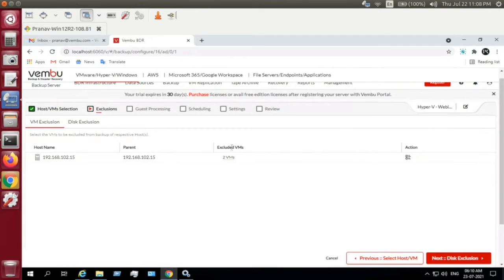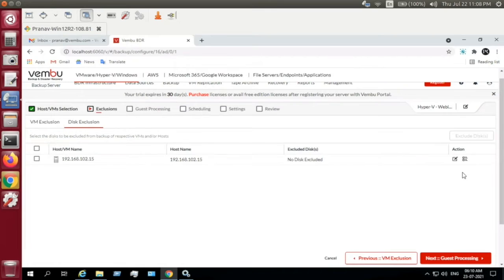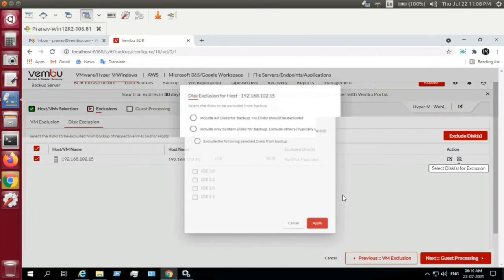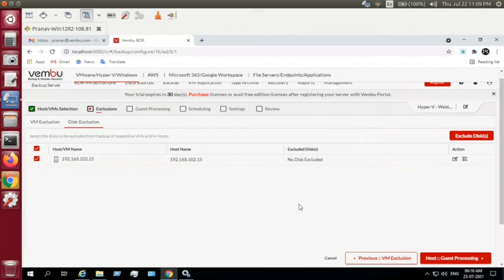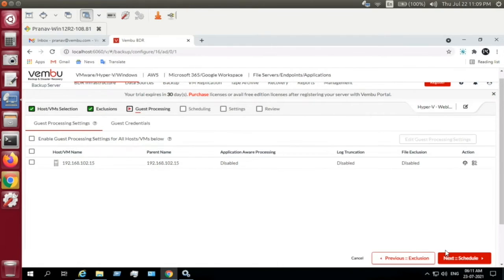I've excluded 2 virtual machines from the host. On next, I can choose to exclude certain disks. I can either go with only the system disk backup by excluding all other disks, or I can choose the IDE format or the SCSI format of the disk and configure only that to be backed up. So this is how the disk exclusion works.